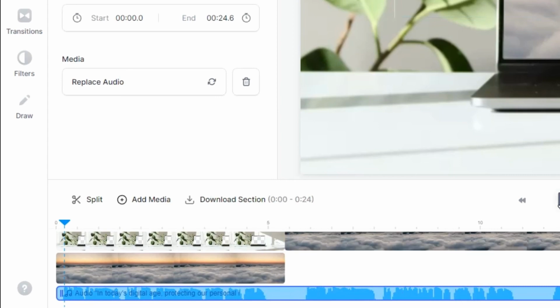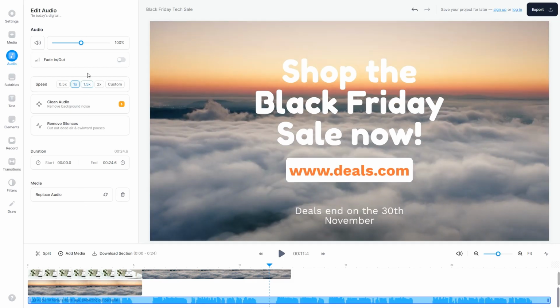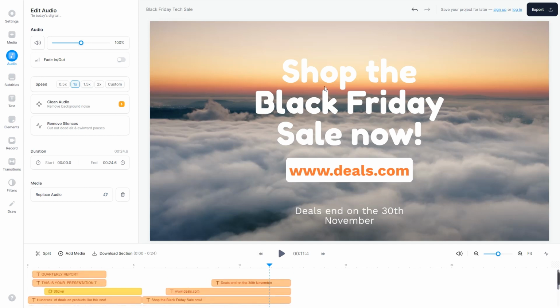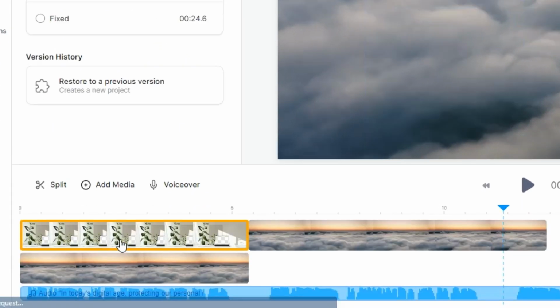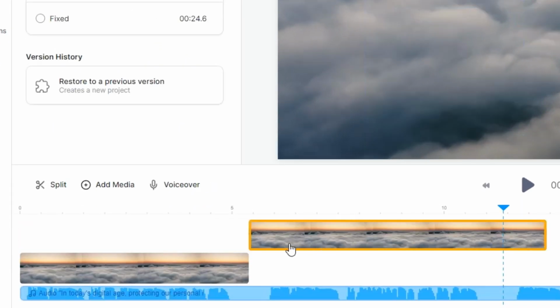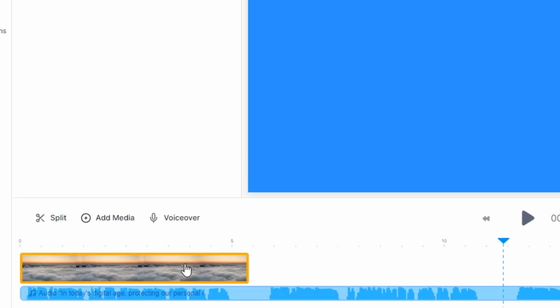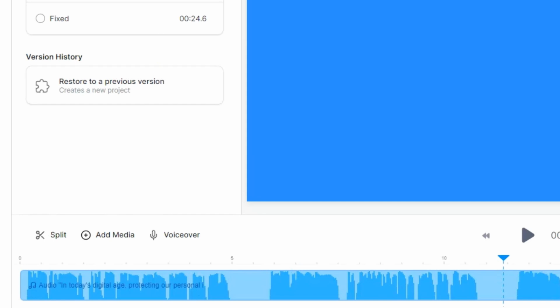So let's play it. Now you can change the voice, you can adjust the speed, you can increase the volume or reduce the volume. So in this case, I'm going to remove everything here since that is not what I want. So I'm just going to clear off everything. We don't need any of this, so let's just